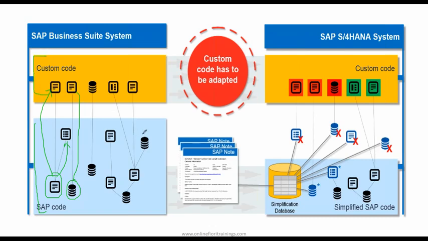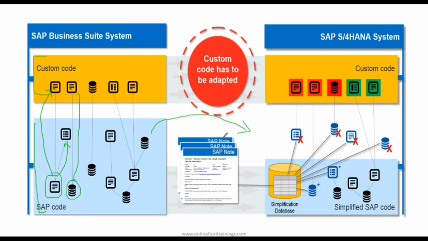Now, when you do a system conversion, guys, conversion is also of two types. You might have heard about the terms greenfield implementation and brownfield implementation. What is a greenfield implementation? It means there is no product right now in your company. Your company is maybe running on some ERP, or something which your company doesn't want to continue at all. That actually means there's nothing right now. You are going to start with S4 fresh. That's called greenfield implementation. That's the easy way.